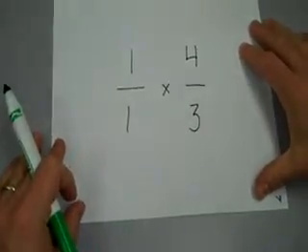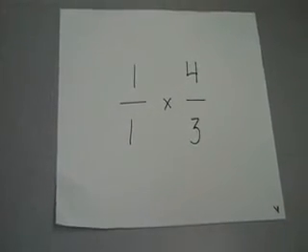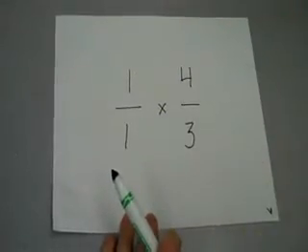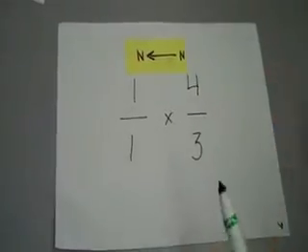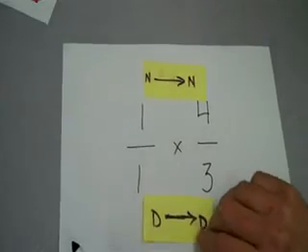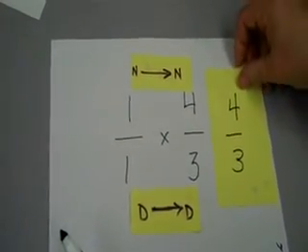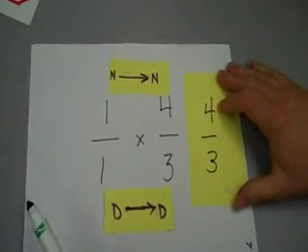Here's our new problem. Now that we have this problem, we use our rules of multiplying straight across, numerator times numerator, 1 times 4, denominator times denominator, 1 times 3, and it gives us the final product of 4/3. So our final answer